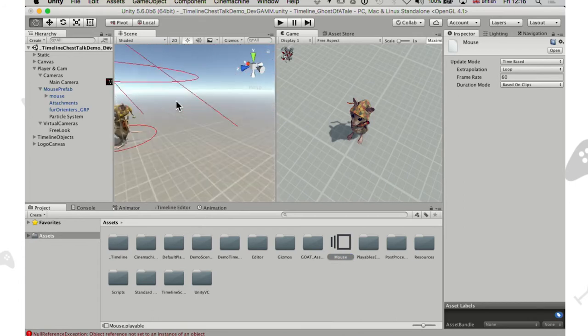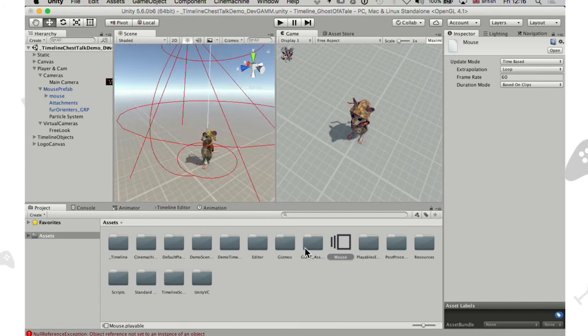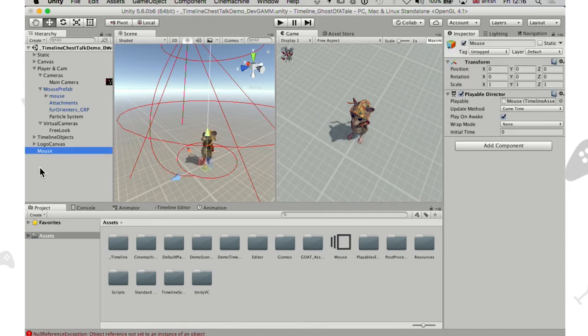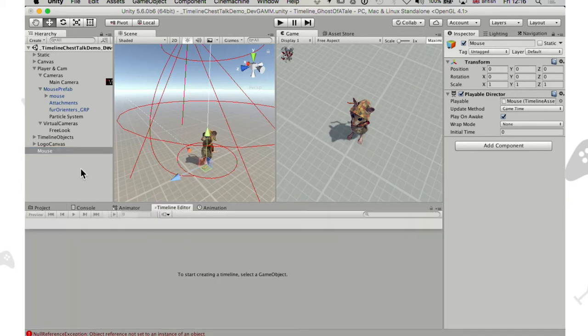All right, so the mouse timeline that I just created, as I said, is a scriptable object. To use it, I just drag it to the hierarchy, and it will create a new game object. The game object will have a component called playable director, which already has the timeline connected. So the playable director is a component that plays a timeline. And when I select the object and go to the timeline editor, then I can see the timeline, which